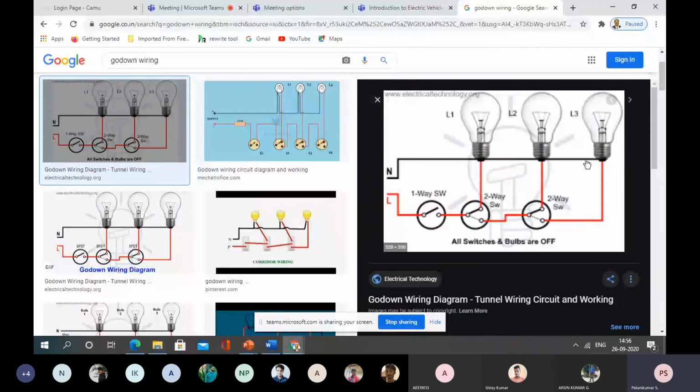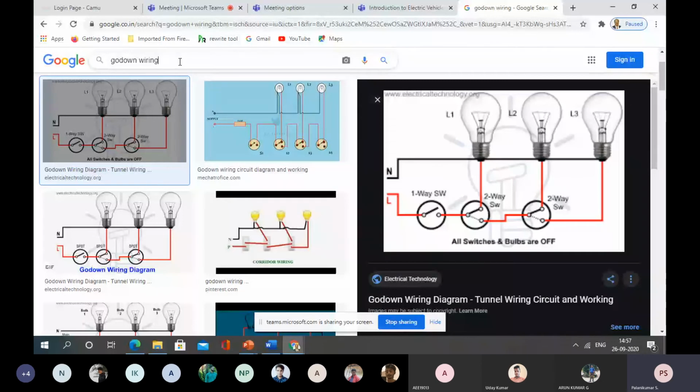Okay, so now I want to implement this, instead of using the electrical wiring concept, using logic gates. Assume that these are all LED lamps. So that way you have to do that. And one more thing I told in the beginning of the session. So now, present staircase wiring.